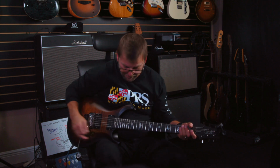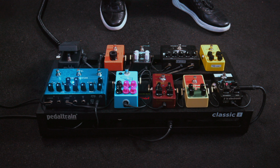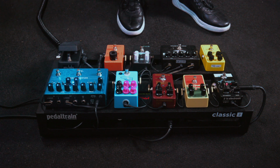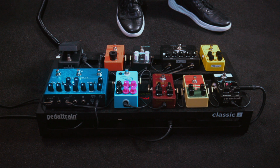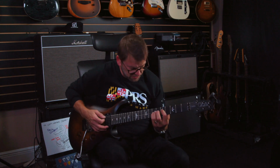Wah-wahs are so much fun. Next to that, obviously the MXR Phase 90 that we showed you. The Dynamite Roto, which is, like I said, the chorus, and that is another really super fun one to use, especially on clean stuff. Gives you such a nice...